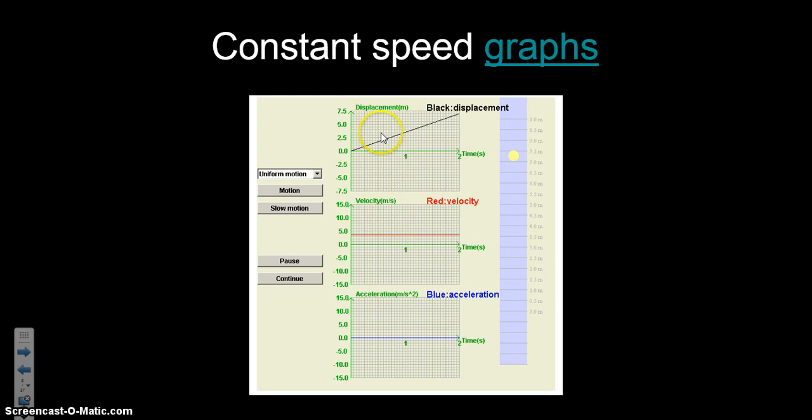Okay, so here's another kind of comparison of some constant speed graphs. In red we have velocity, we just saw that's constant. In black we have displacement, we saw that that increases over time because you're making some progress. And so the question from the very beginning was, if we have constant speed or constant velocity, then what's the acceleration? Well, we can see on the graph the whole time it's 0, and that's how you put it in graphical format. You draw just a straight line across the 0.